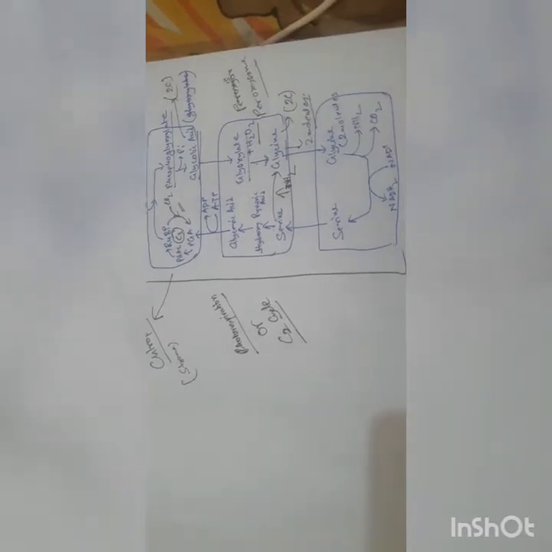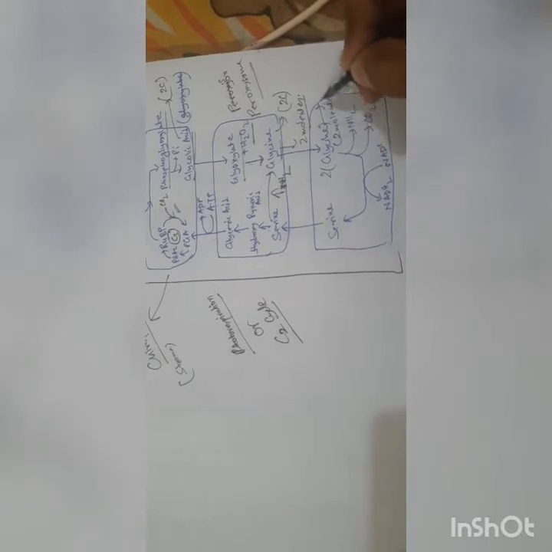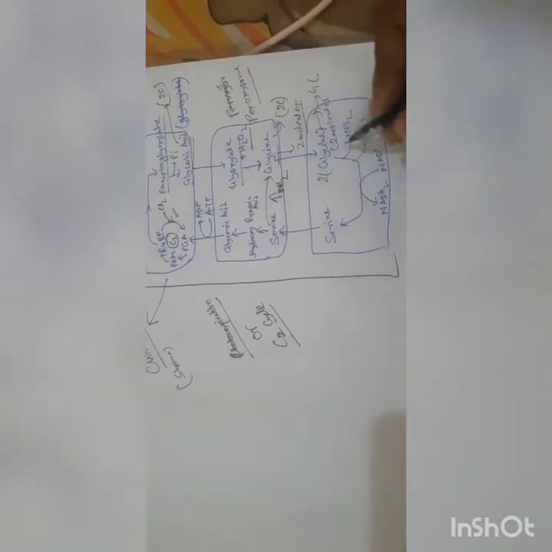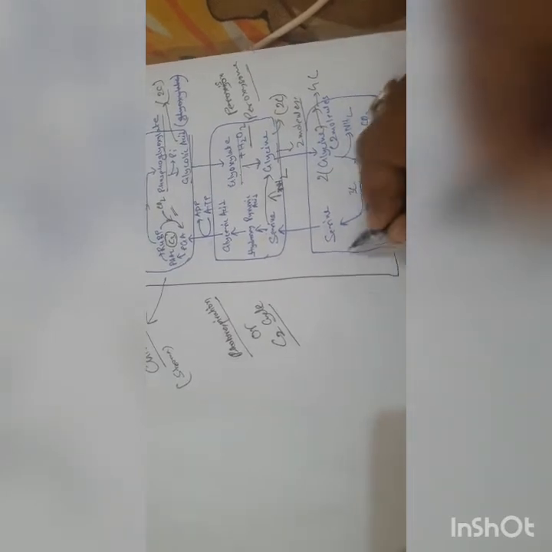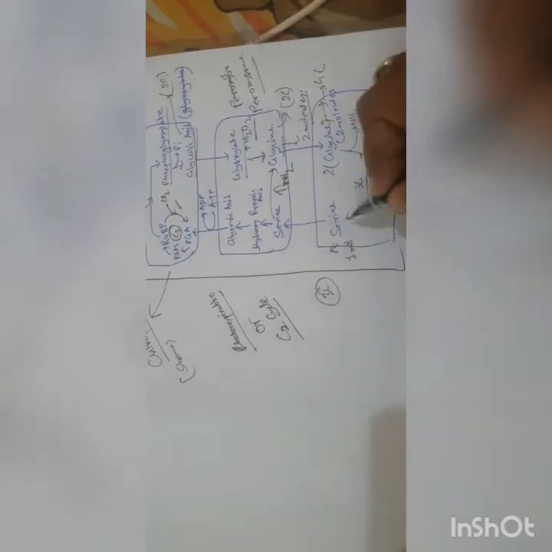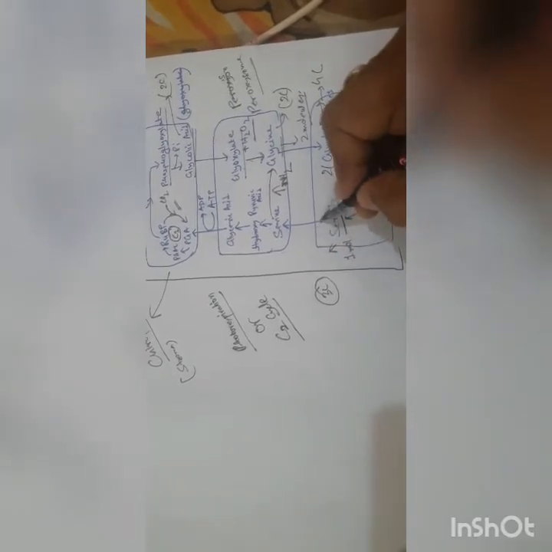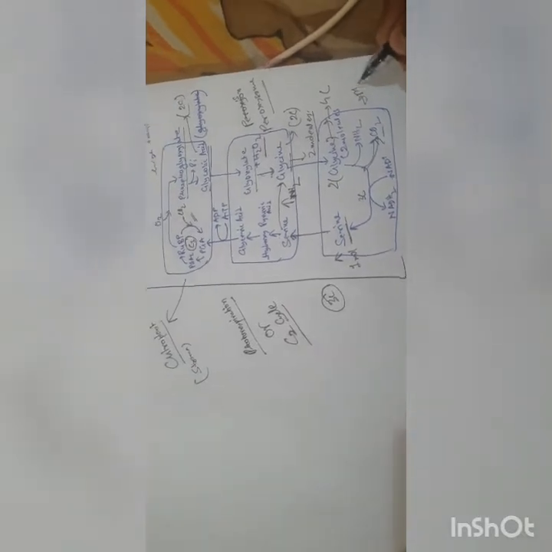When there are 2 molecules of glycine, if it is 2 carbon, so 2 molecules of glycine will have 4 carbon. Now 1 carbon will go out as CO2, and there will be remaining 3 carbons. So 1 molecule of serine, which is a 3 carbon compound, will form, which is an amino acid, and the serine will again go back into the peroxisome. This happens in the mitochondria.